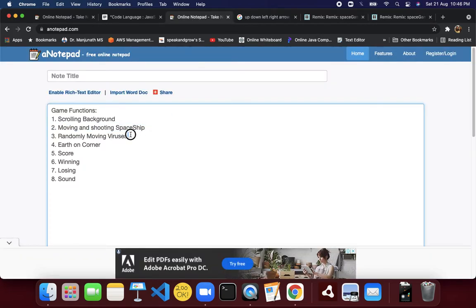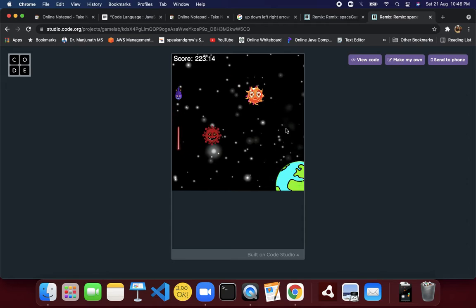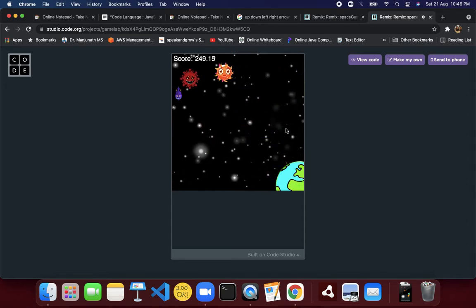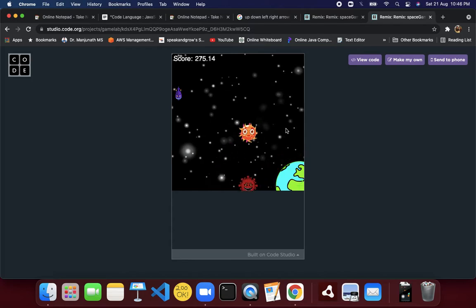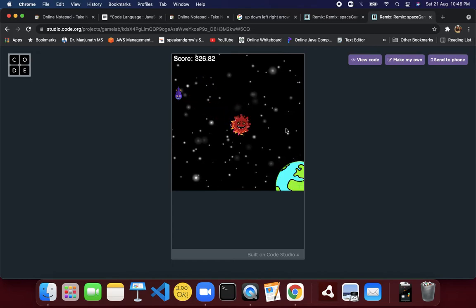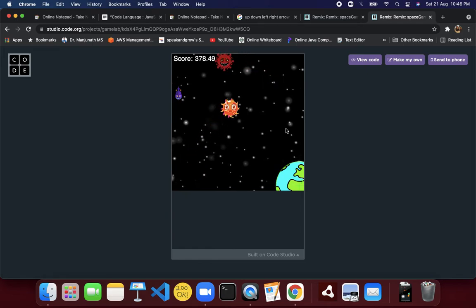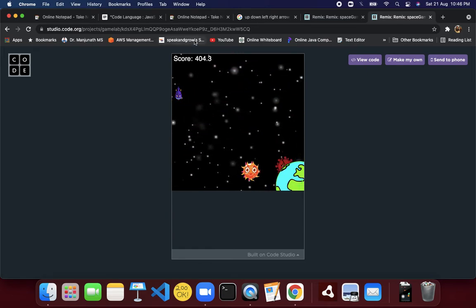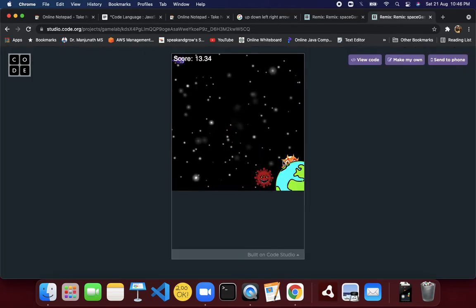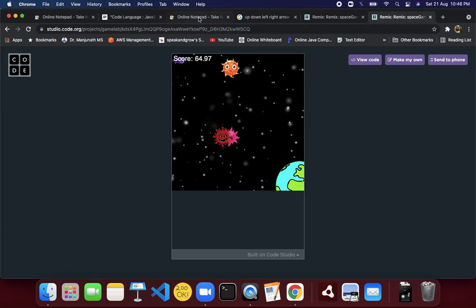Next, we have randomly moving viruses, and I'm sure you could not ignore those viruses, right? To keep it simple, I have only 2-3 viruses. You can create more, but initially my suggestion would be to start with 1 or 2 viruses, and over time you can increase them. It's after all level 0 of the game. Here you can see a red, a yellow, and also a pink demon. Those viruses are happily moving in space, and that is also in a random movement.